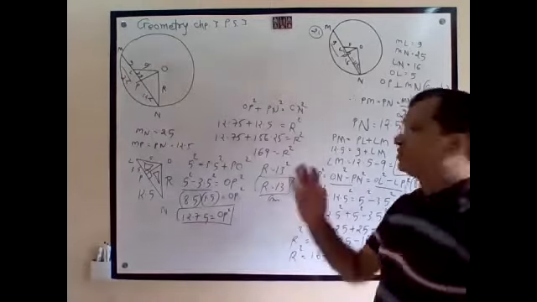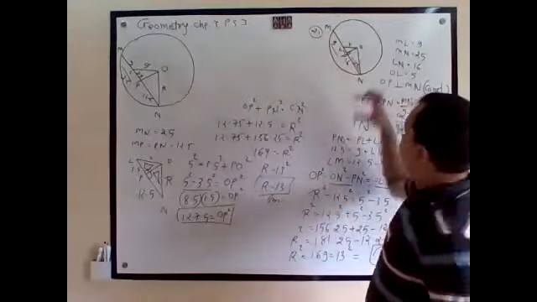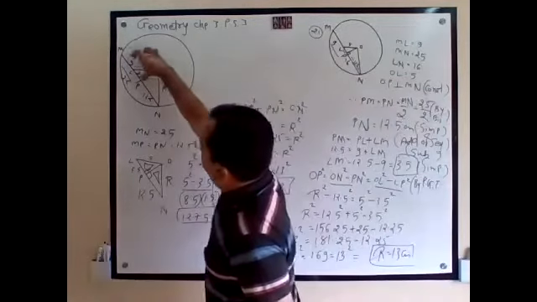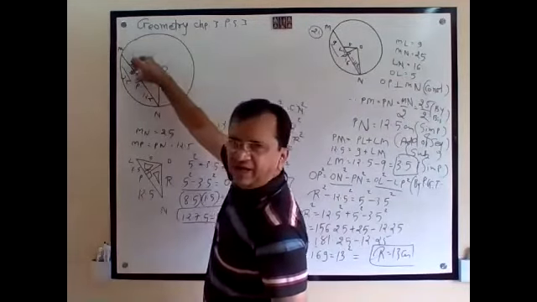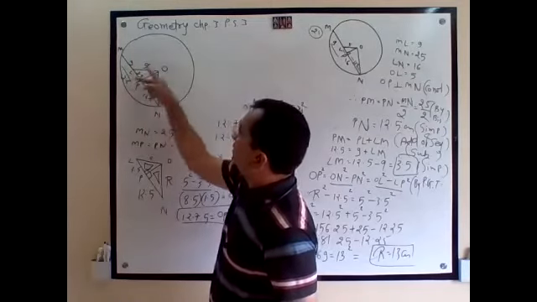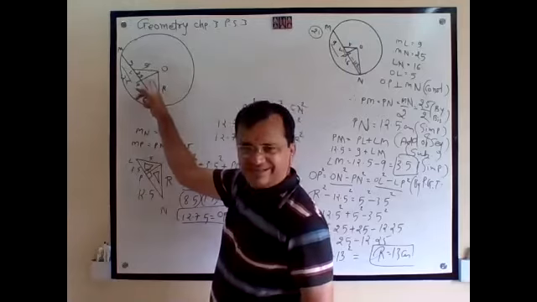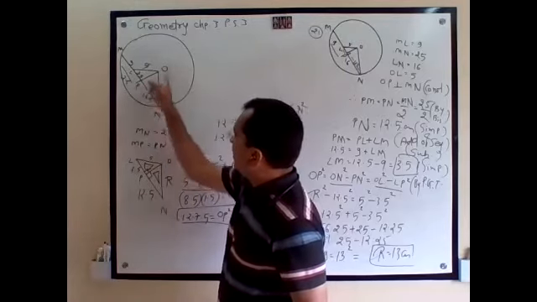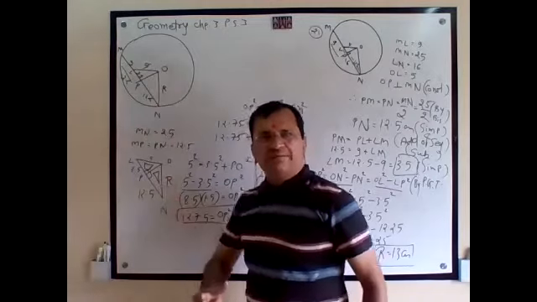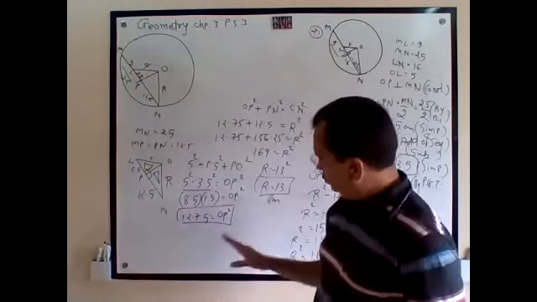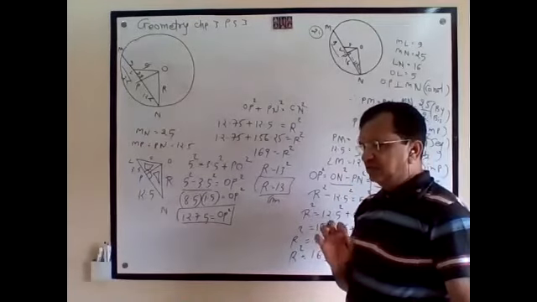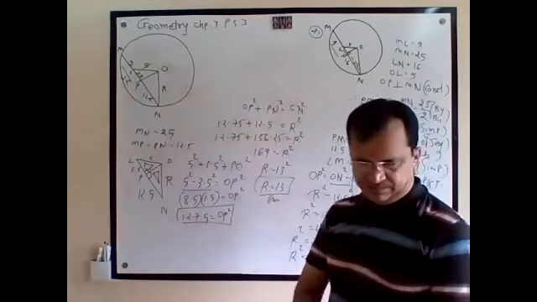Means simple substitution. Total 25. Half 12.5. From 12.5, 9 gone. So 3.5. You have this, and you have this. In this right angle triangle, two sides you have, find out third. In this triangle, now you have this and this, find out third. Two times Pythagoras. So you will get exact perfect square. 169. That is 13.